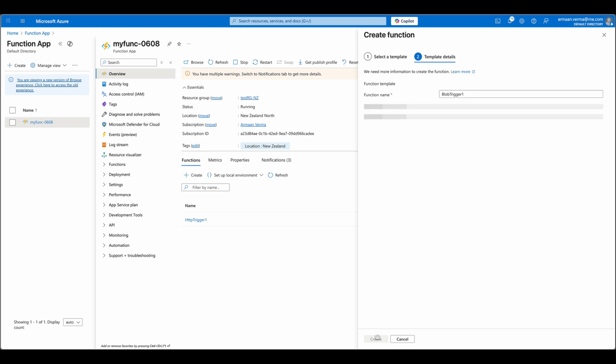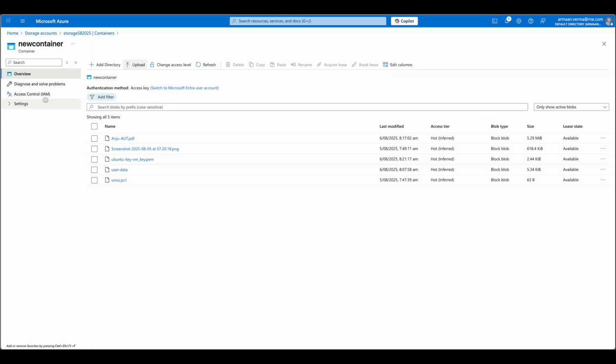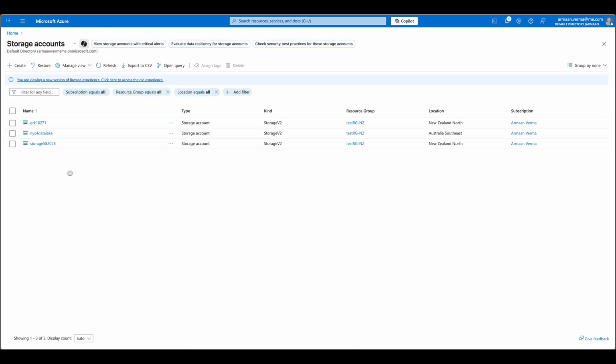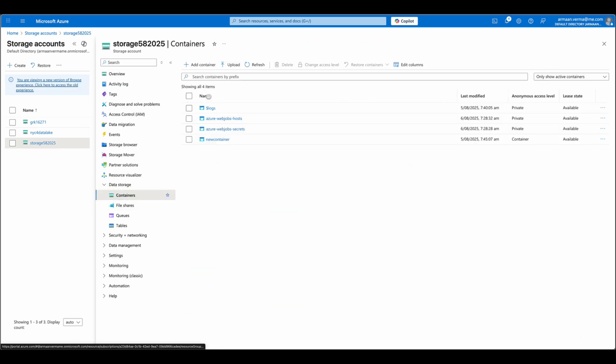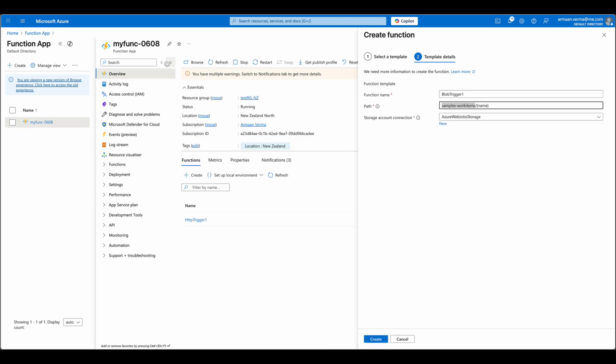So we'll click on Next, and this is the name of the container. So the name of the container that we are using is new container. So it's here in this storage account. This is the storage account that we are using, and this is the container, that is new container, in which we are putting the objects. So we'll simply go here. We'll type here new container